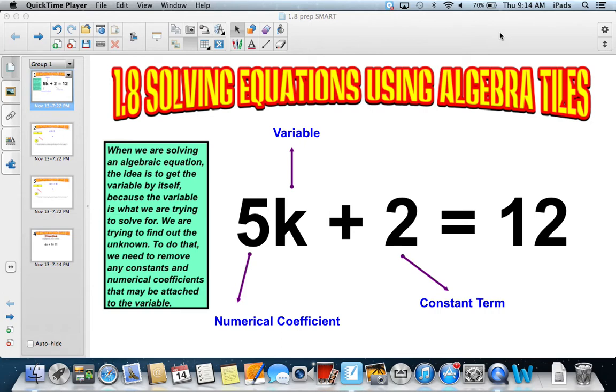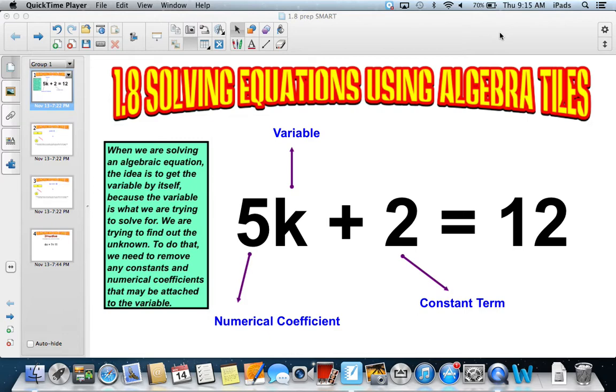In this unit, we've looked at writing expressions. We've looked at how to substitute for variables in expressions and find the unknown. We've also looked at the patterns and relationships between expressions and the inputs and outputs, and being able to graph an expression. Last week we looked at writing equations, and this week we're going to be looking at solving equations